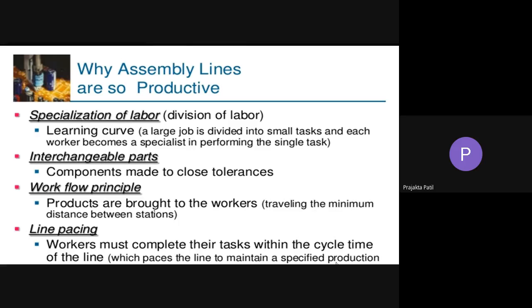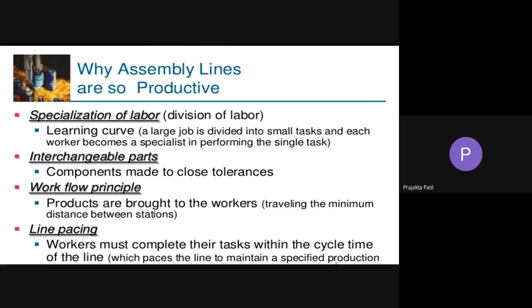That is, the products are brought to the workers, traveling the minimum distance between stations. So the workflow principle involves moving the work to the workers rather than vice versa. Instead of the workers coming to the work table to work, you move the work to the worker. Each work unit is going to flow smoothly through the production line, traveling minimum distance between